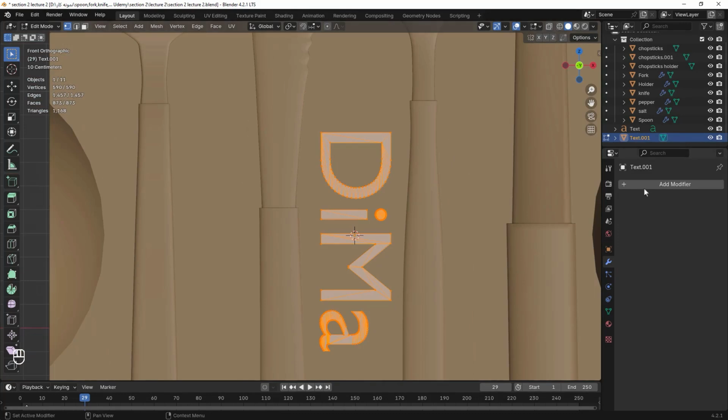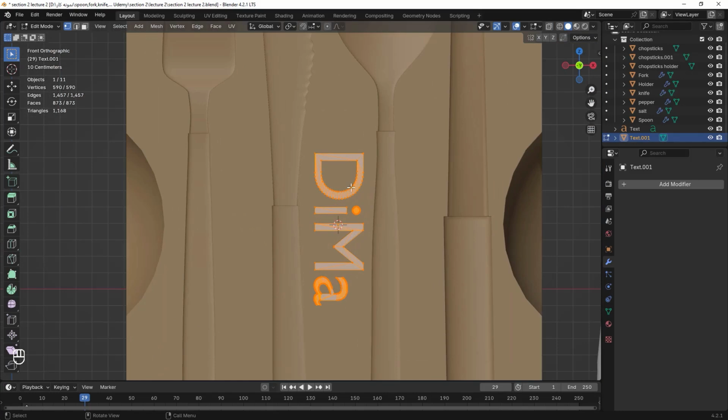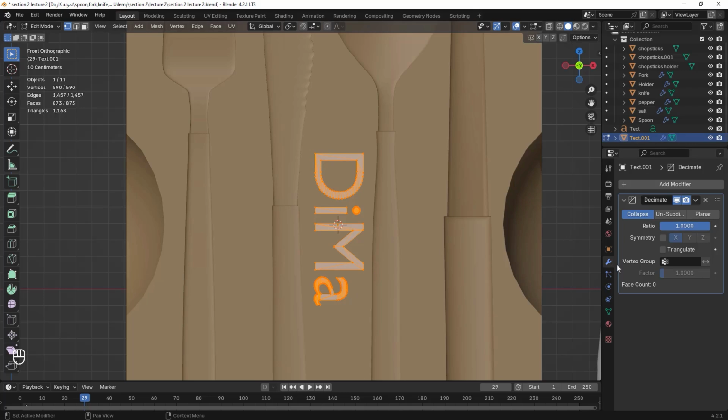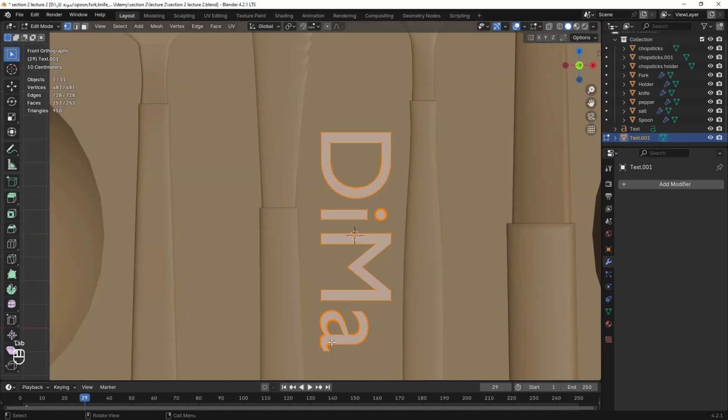Then what you see has irregular meshes, so we select the decimate from the modifiers and choose planar and apply it, which causes